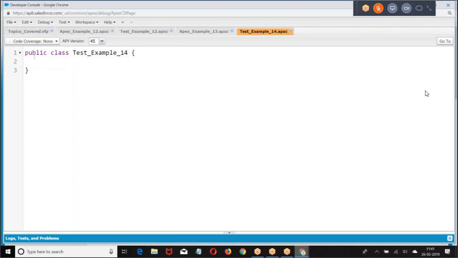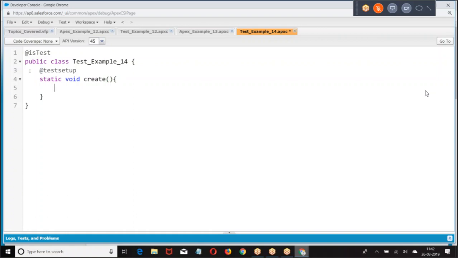So create a test example. Then create dummy data.